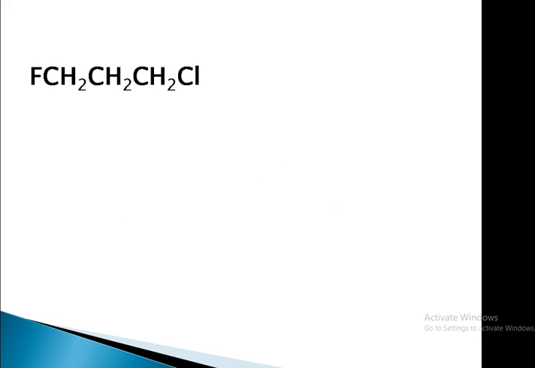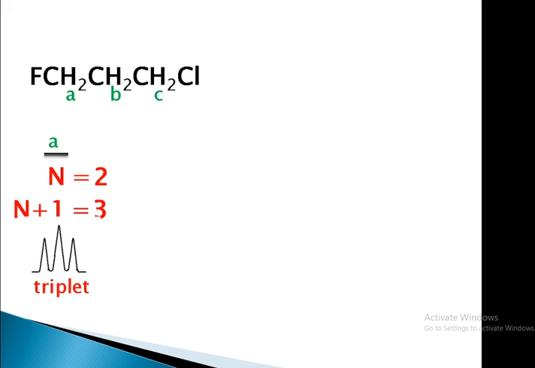Now let us take another example. Here also we have 3 different protons A, B, C. This is A, the middle one is B, and the right side hydrogen is C type hydrogen, because all of them are different. Now if we see the A type proton, what is the value of n? This is A type proton that is bonded to this carbon, and that is bonded to another carbon, that is the neighboring carbon, that makes these B hydrogens neighboring hydrogens. That means the value of n is 2. If we plug into the n plus 1 equation, we get 3, and ultimately we get a triplet as the splitting.